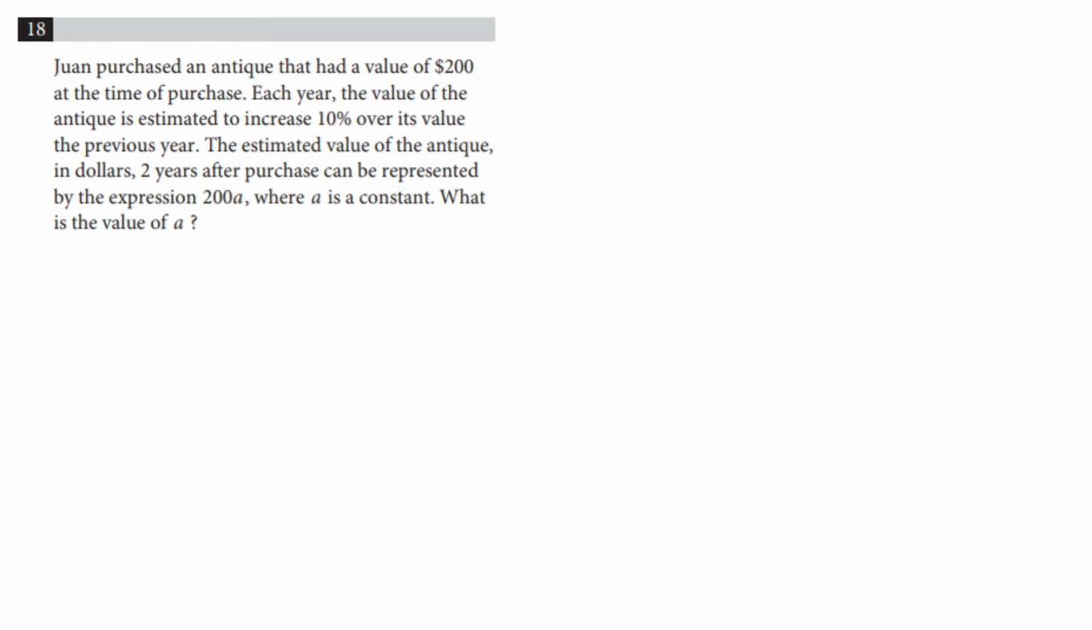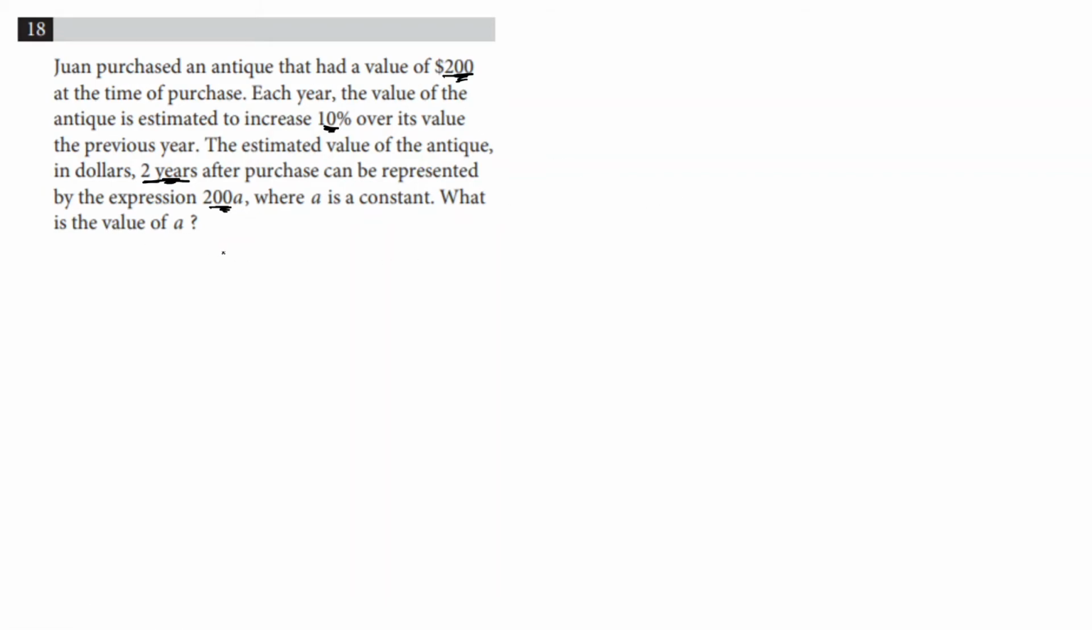Juan purchased an antique that had a value of $200 at the time of purchase. Each year, the value of the antique is estimated to increase 10% over its value in the previous year. The estimated value of the antique 2 years after purchase can be represented by the expression 200A. What is the value of A? Okay, so